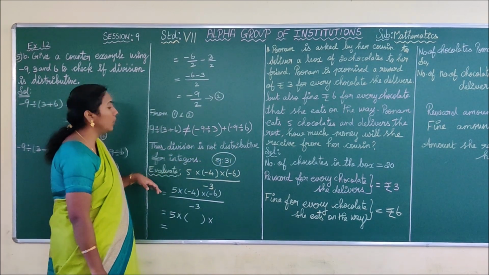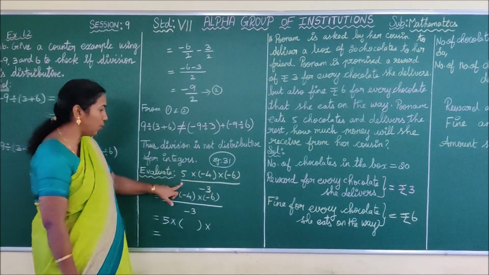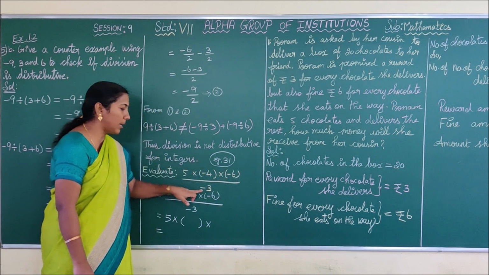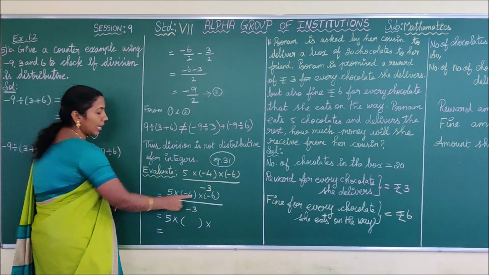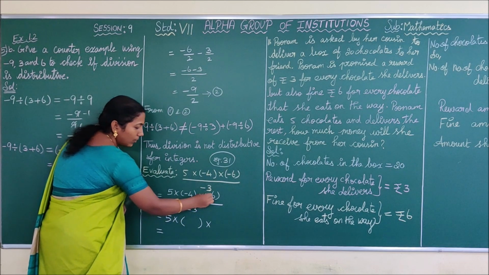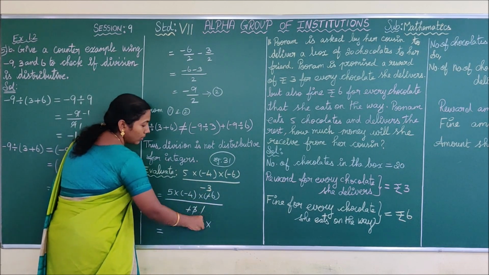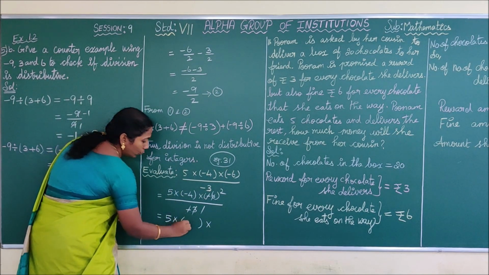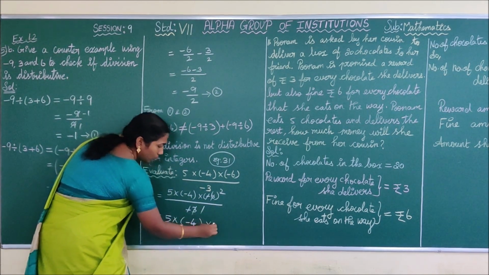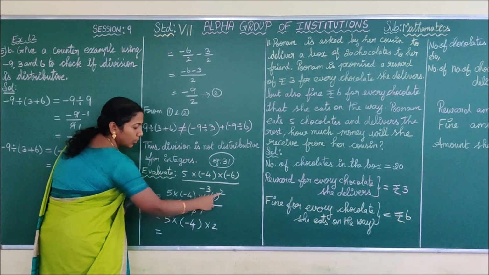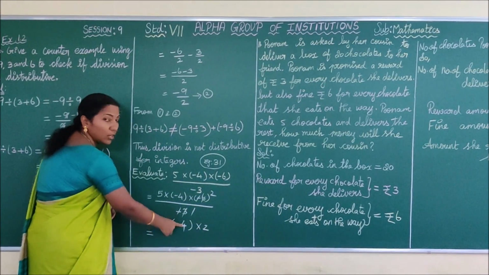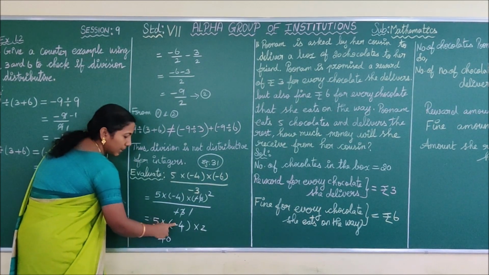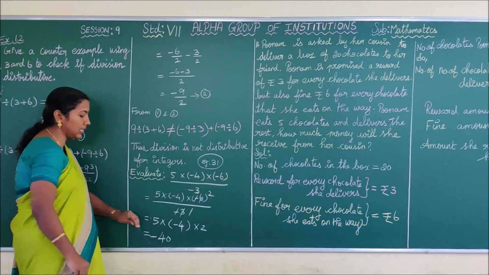Okay. Next we are going to see some example sums. This is example 31. Very easy sum, children. 5 into minus 4 into minus 6 divided by minus 3. Now we are going to cancel this minus 6 by minus 3. First the minus is cancelled. 1 3 is 3, 2 3s are 6. So what are the remaining numbers? 5 into minus 4 into 2. Already the minus is cancelled, so you write 2 only. So 5 4s are 20, 2 2s are 40. So plus into minus into plus is minus. So your answer is minus 40.